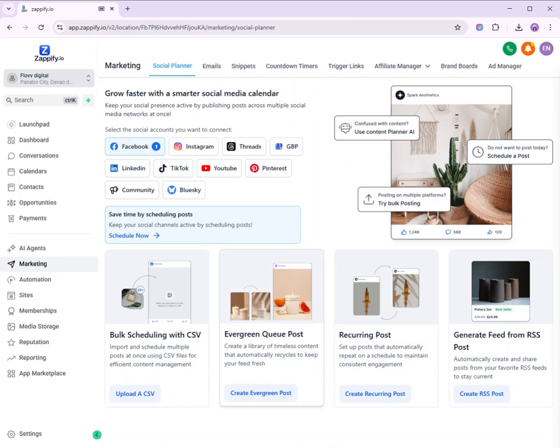It can be either evergreen post for a library of timeless content, or recurring posts that automatically repeat on a schedule, and generate feed from RSS posts that automatically create and share posts from your favorite RSS feeds.